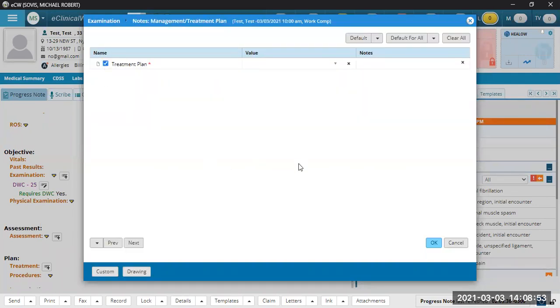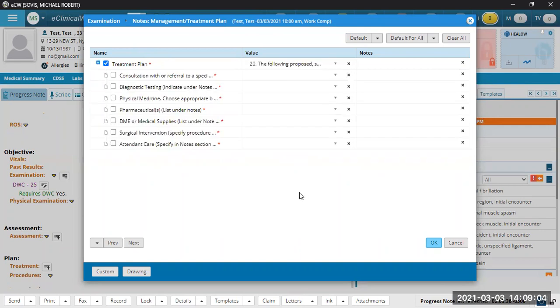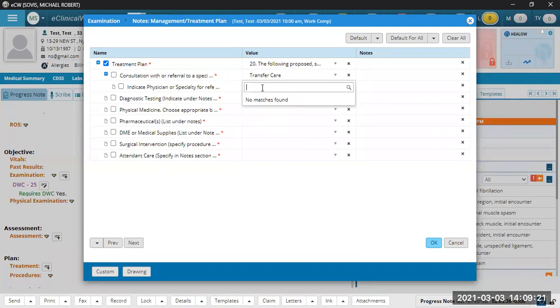All right, so your treatment plan. I know you saw me check that box. If you just open this up, it's the same as checking the box there. So we are going to have clinical services. So again, if you go to your form, this is the part where we refer a patient to another orthopedic, we add medications. So all these with the red dots here, asterisks, you're going to have to answer those or you won't be able to move on. So I'm going to transfer care,